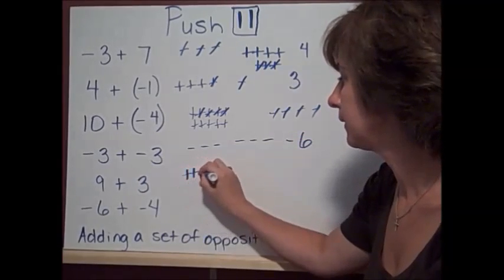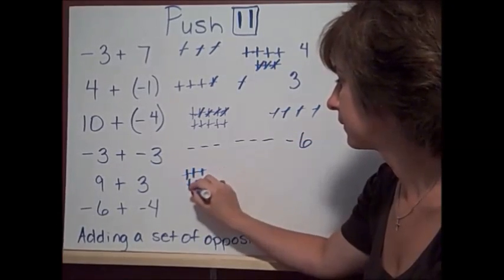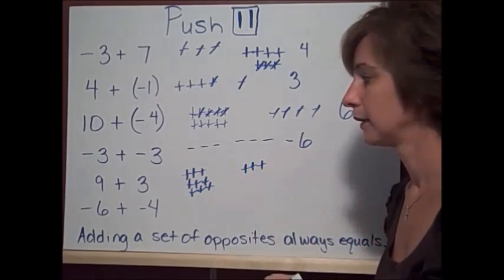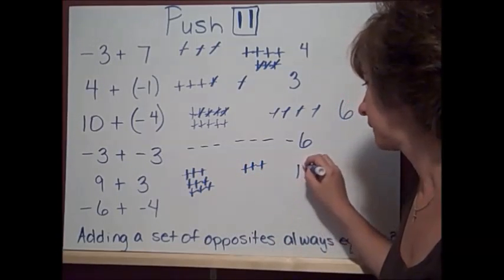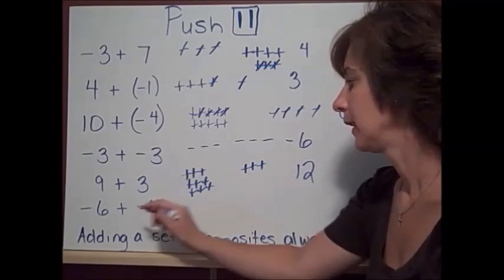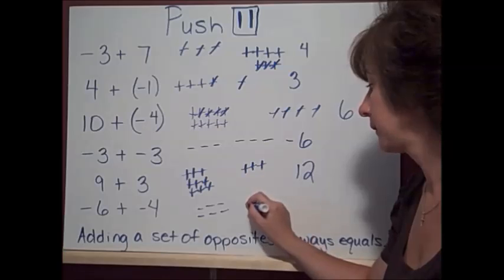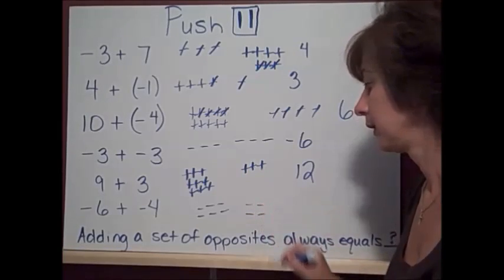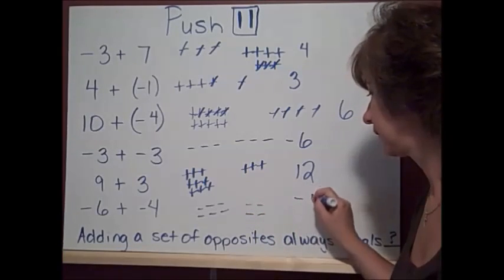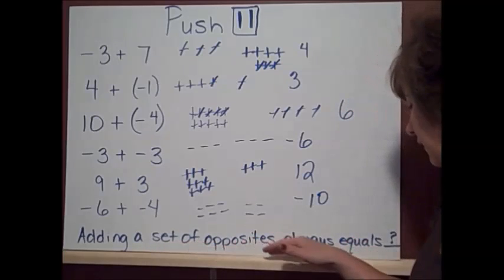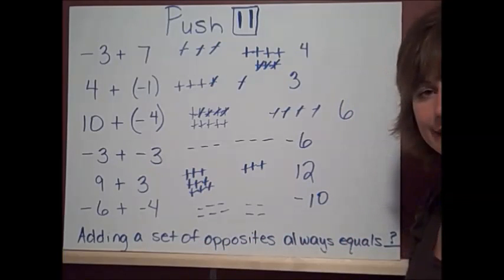9 positives plus 3 more positives yields positive 12. And finally, negative 6 plus negative 4 yields negative... opposites always equals